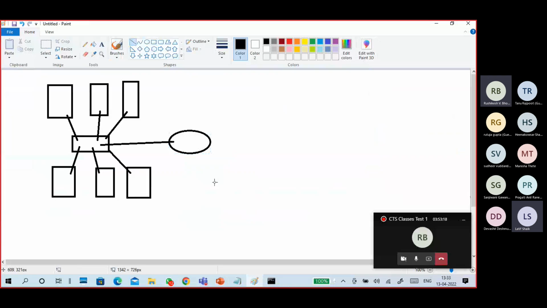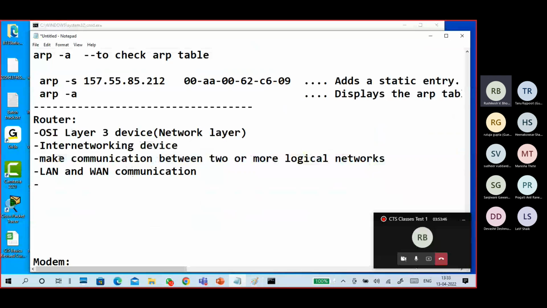This is the local area network, and this we connect to the wide area network. This is my internal network, and this is my external network. Either you connect multiple networks or you use it to connect to your outside logical network. So that is the use of a router.